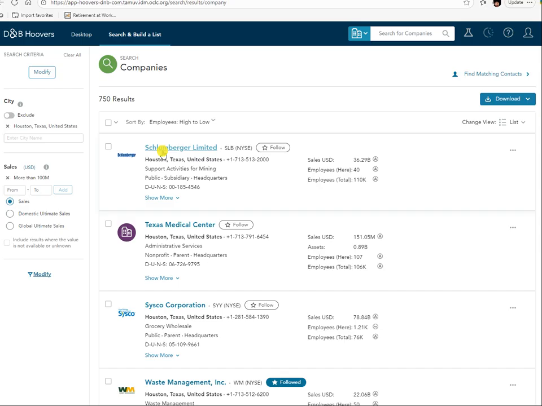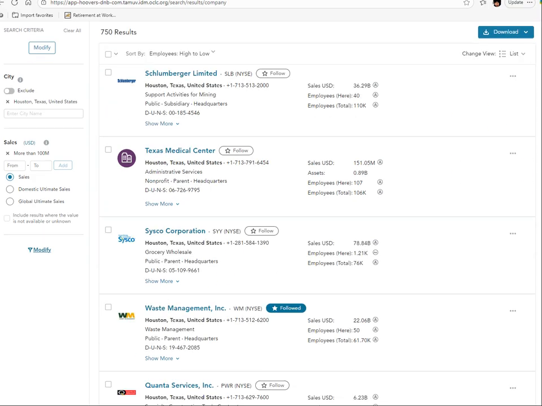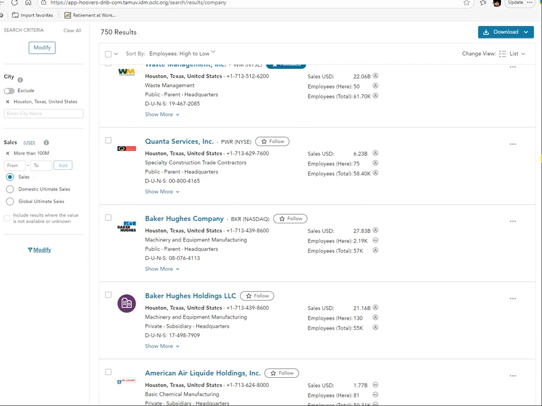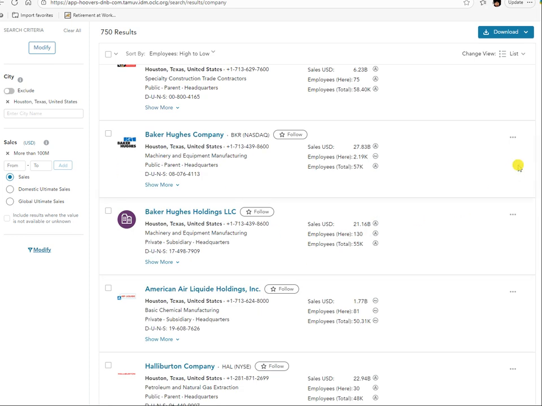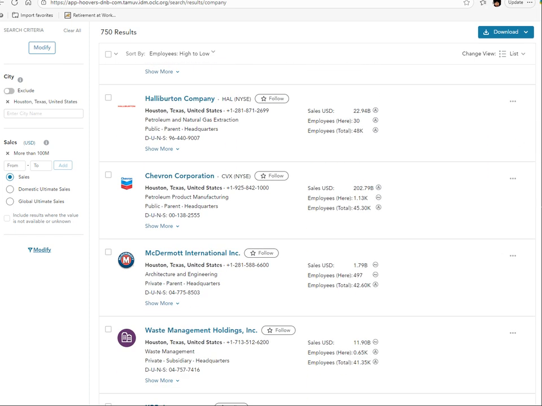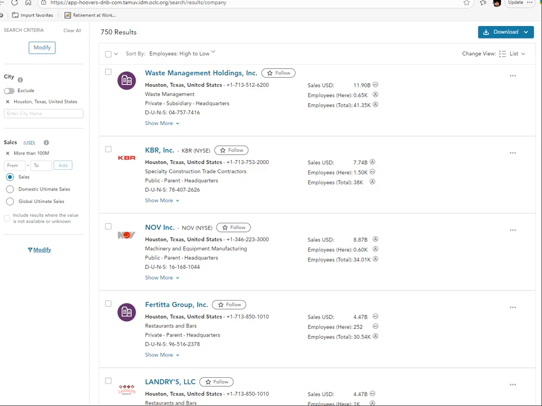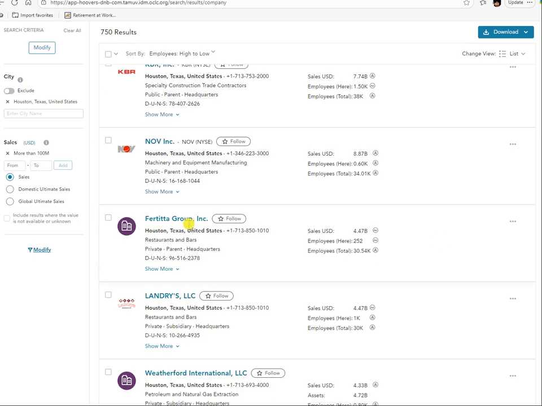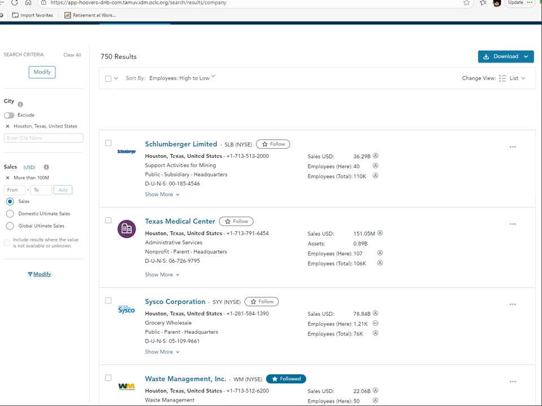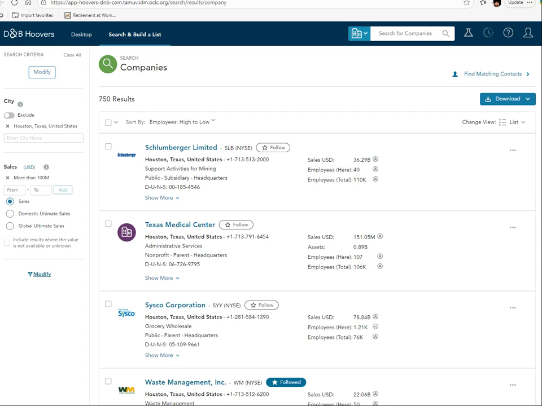Let's see what are those big ones. Schlumberger, right, we know that. Texas Medical Center. Right, the Medical Center is also a big corporation. It's quite a lot, right? Cisco, Waste Management, Baker Hughes. Right, we have seen a lot of familiar names. Halliburton, Chevron, right? Right, Fertitta, right, Landry's. All right, so if you want to see more about, like, Schlumberger, just click Schlumberger,